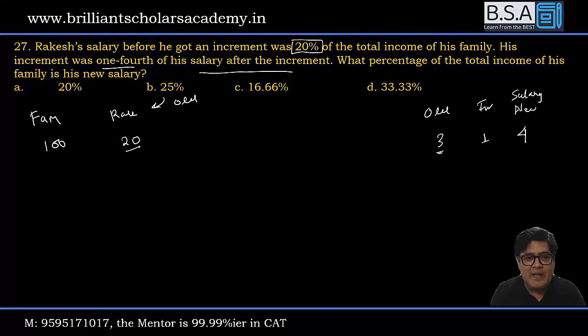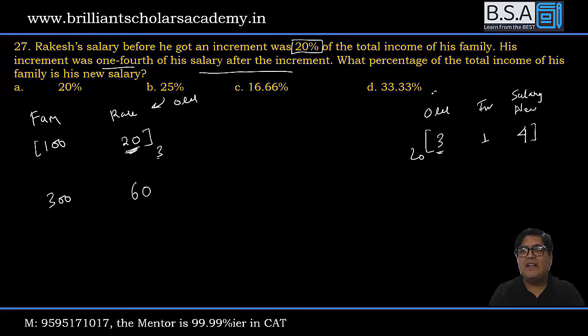ये 3 का मल्टीपल दिख रहा है क्या आपको? Do you see it as a multiple of 3? नहीं ना, अब बनाना पड़ेगा. I am making all of this 3 times. That means राकेश का old salary is 60 rupees. फैमिली का इनकम इज 300, क्योंकि आपने इसको 3 मल्टीप्लाई किया, यू विल हैव टू मल्टीप्लाई 20 हियर, क्योंकि सैलरी तो मैच होगी ना राकेश की. सैलरी इज 60. दैट मीन्स द न्यू सैलरी